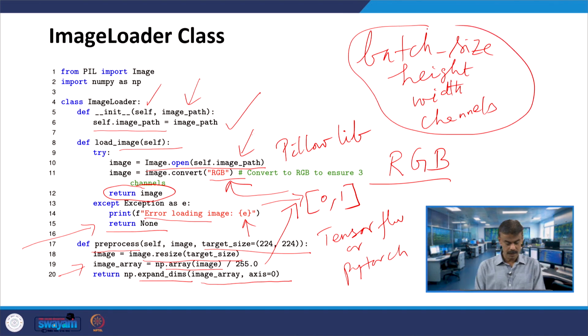And then it is returning a NumPy array. That image array is a NumPy array.